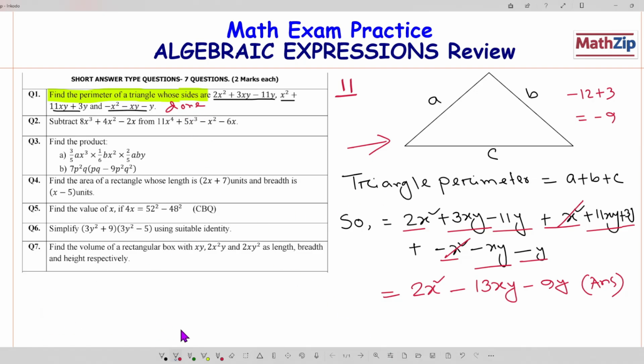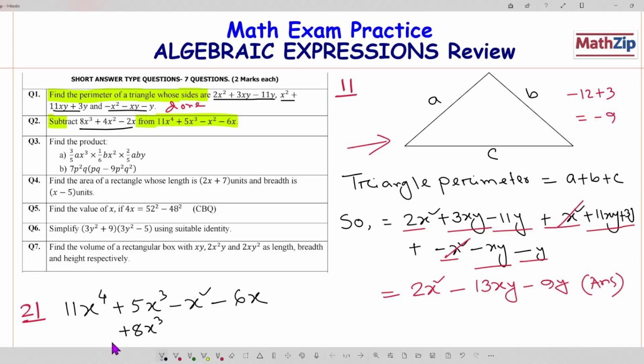Second question. Subtract. We can write this expression from, look, from. So this one is the first expression from this. So we can write 11x to the power 4 plus 5x cube minus x square minus 6x, and we will subtract this one. So similar term, here is 8x cube. So we can write here plus